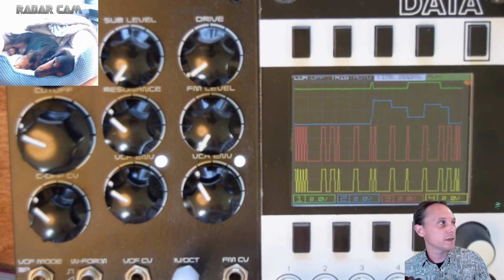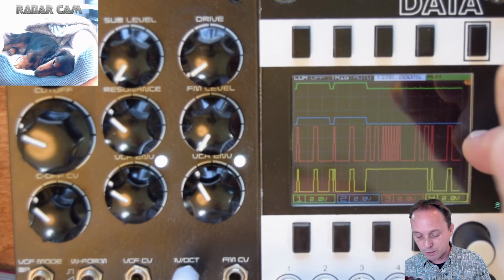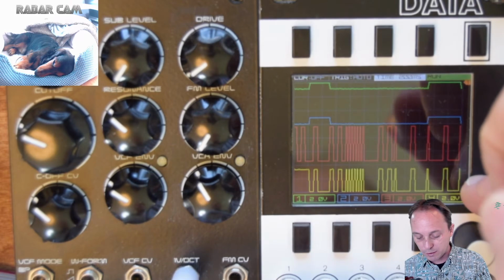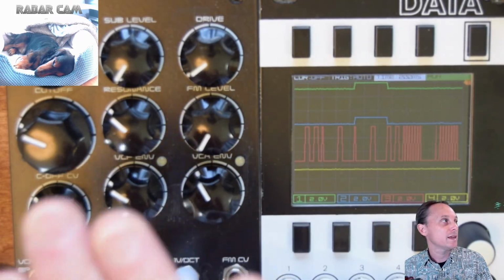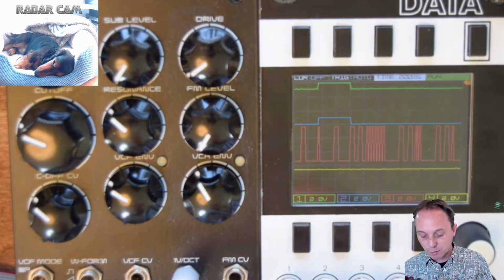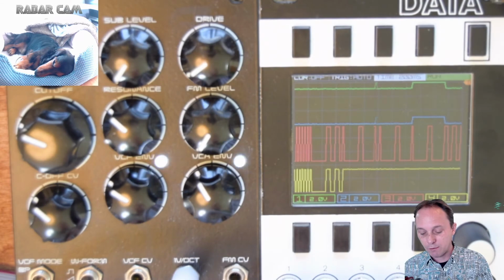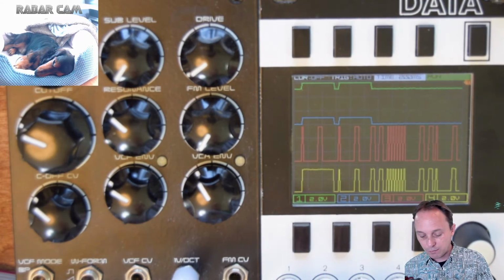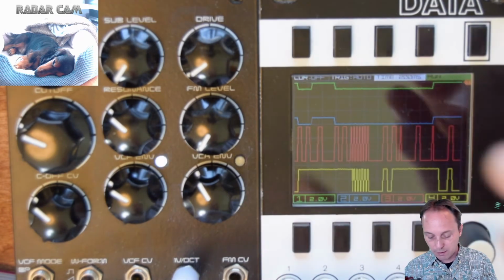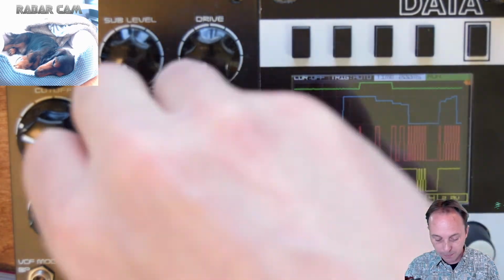And of course the legato function still works, but you can see it'll now hold that gate high. This is the raw sequence coming in, and if I press the legato button, it just goes high and stays there. Now baseline's behavior for that is that it lets the envelope peter out and will just sit and then wait for another rising edge. It only ever executes another envelope when it gets a rising edge. So if you hold it, it's going to sit there and disappear. Unless you have the